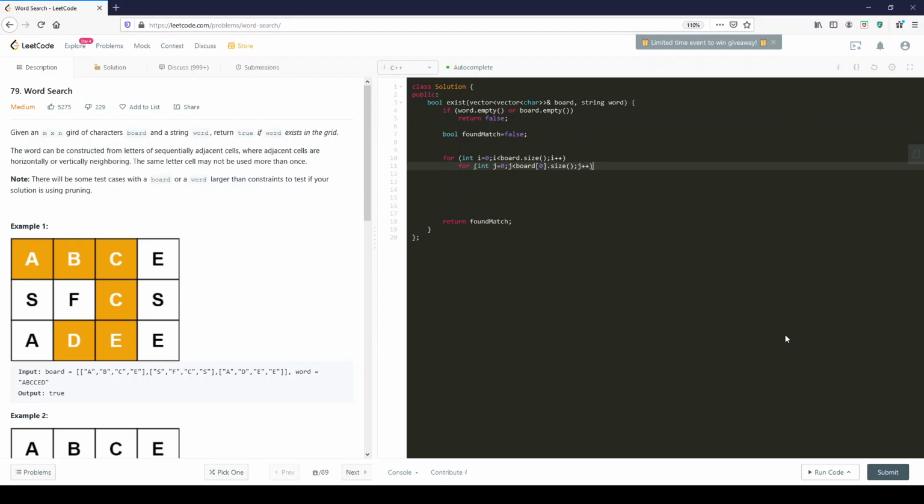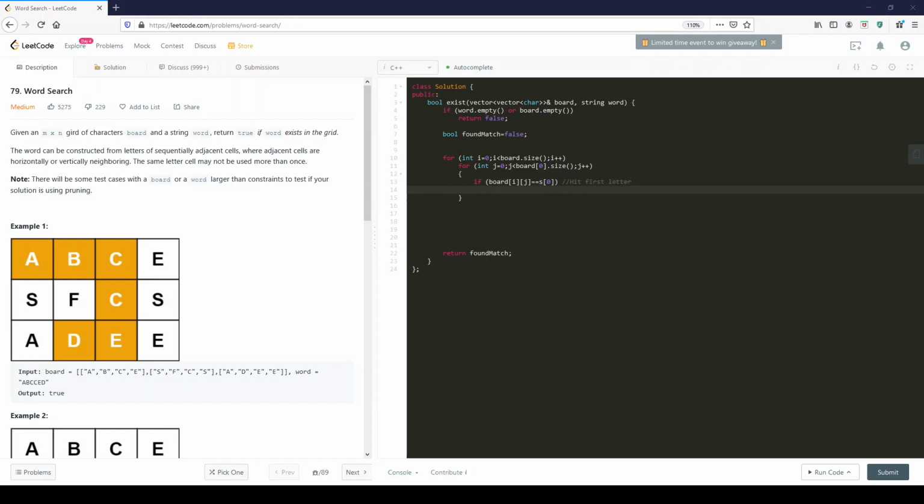So all we're doing is iterating through this thing. And so if board[i][j] equals s[0], if we hit that first letter, let's just mark that, hit first letter,